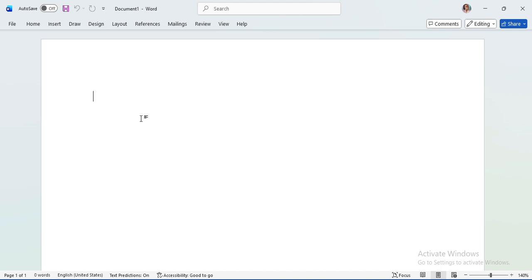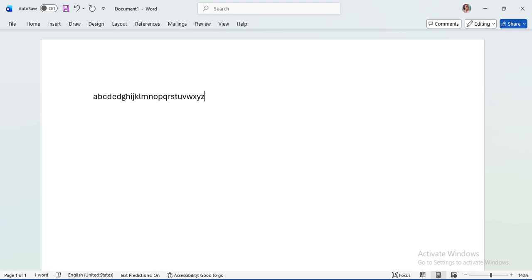For my case, I'm going to type in alphabets. For example, A, B, C, D, E, F, G, H, I, J, K, L, M, N, O, P, Q, R, S, T, U, V, W, X, Y, and Z, and so on and so forth.